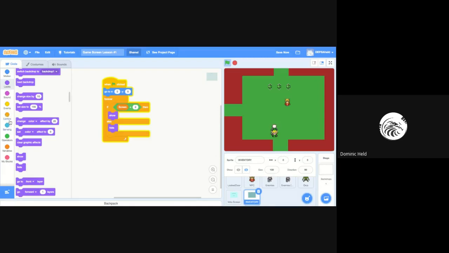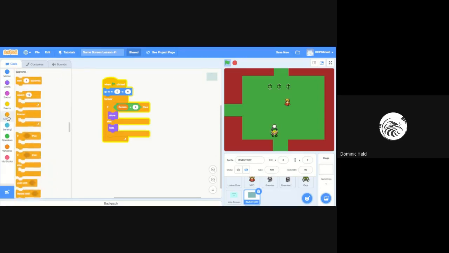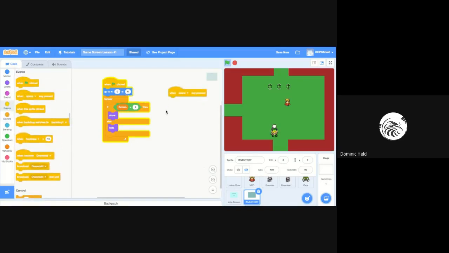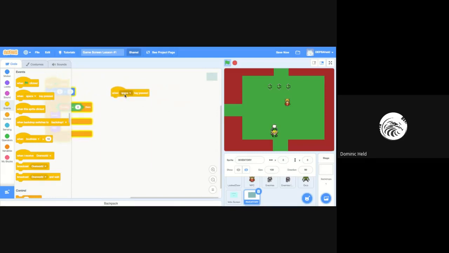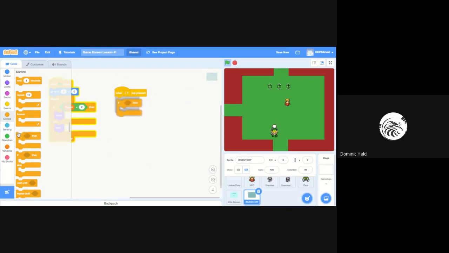So I'm going to say, if, or there's another one we can use. Let me use a different kind of control, an event, just kind of show you that you can use this too. So when, so I'm going to find whatever letter I want it to be, and this would work if you wanted something else, like in my crafting system, it's the same system. You just press C instead of I, and it opens up the crafting. So when I is pressed, and it depends on what's happening right now. It depends if